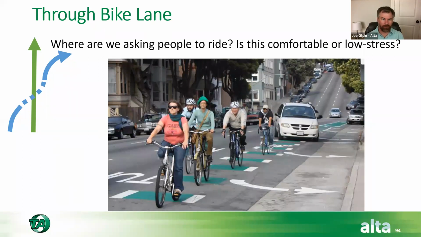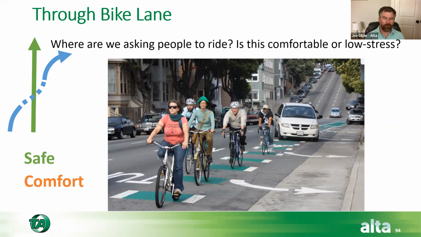I don't know if this still exists, but this was a number of years ago when they were trying to make right turn lane conflicts a little bit more comfortable. And so they added the green and did some other things. And what we found is that green tends to make bicyclists a little bit more comfortable. Not all the way more comfortable, but I would say that this is probably fairly safe because motorists are typically